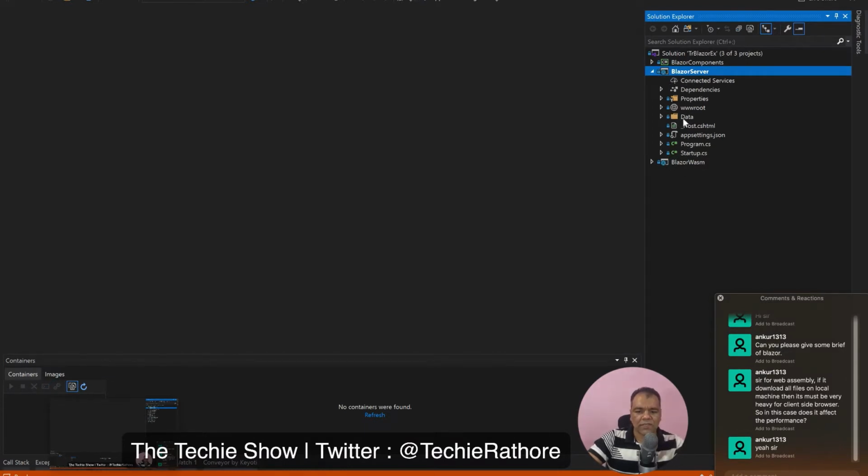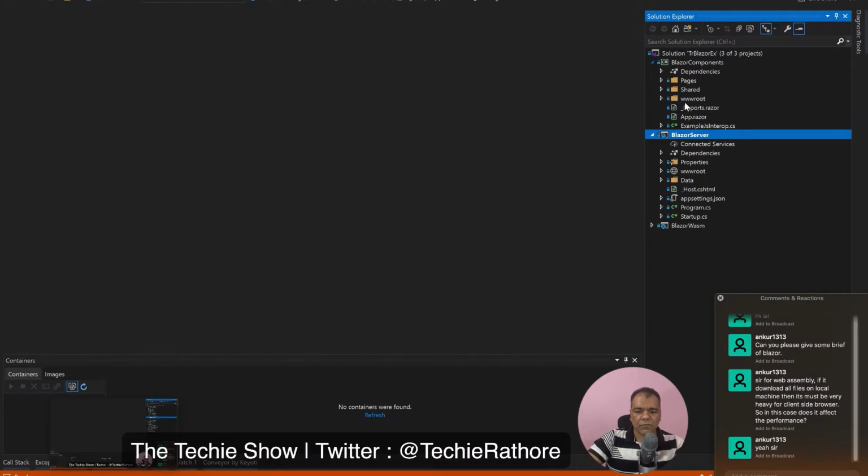We just have the data folder, the wwwroot folder, and the host file, but we don't have the folders which are usually there in a Blazor application: pages, shared, _Imports.razor, App.razor. Because I have kept all these folders in common, so that these components, this UI, can be utilized from both the Blazor server as well as the Blazor WASM application.